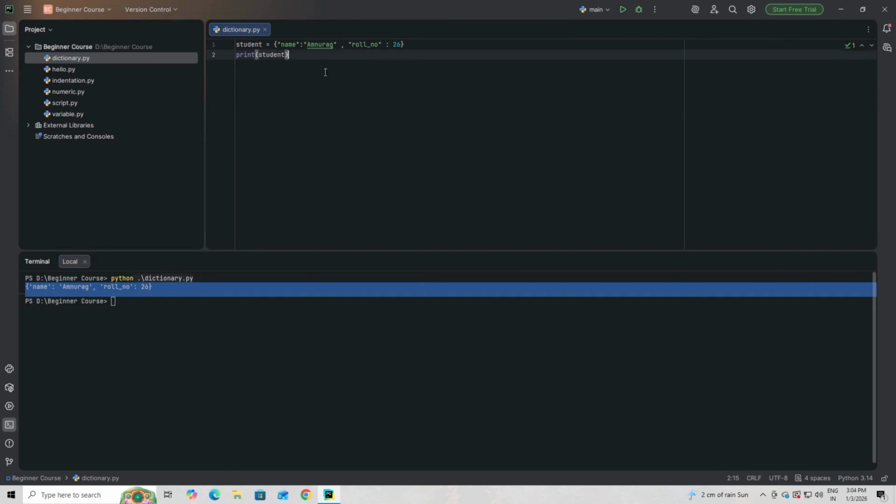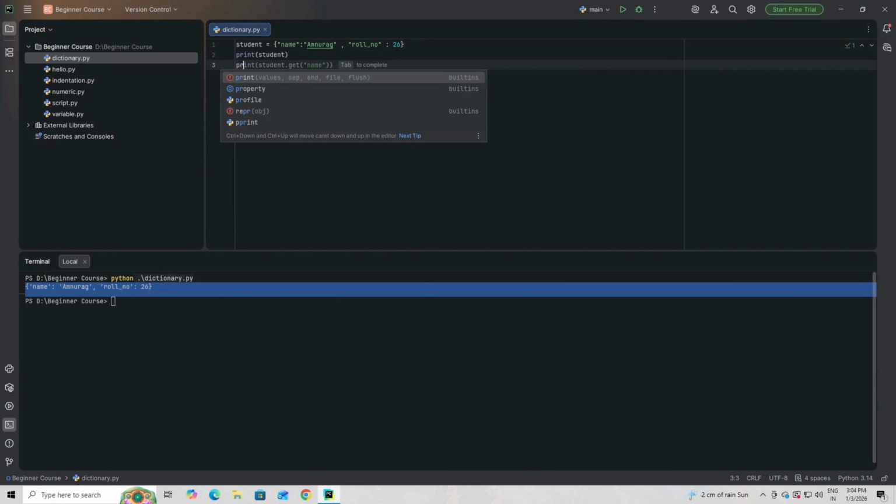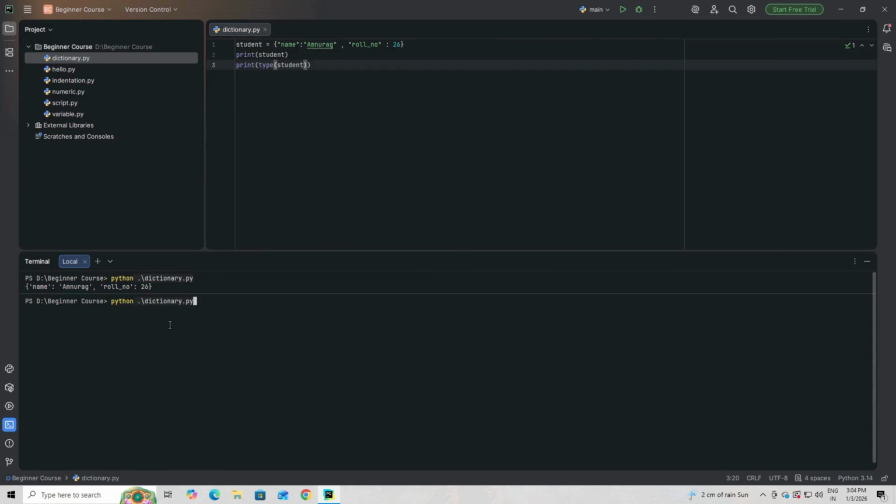If I want to see whether this is really a dictionary or something else, as we have already seen, we can use the print statement along with the type keyword to check the type of the student variable. If I run it again right now, I can see it's exactly a dictionary. So we get to know that student is of type dictionary right now. In dictionary,